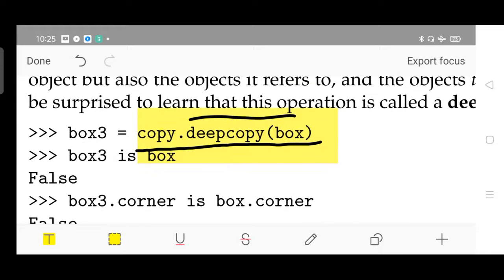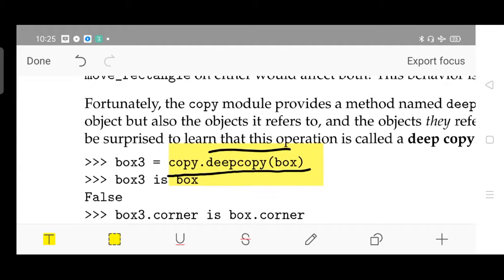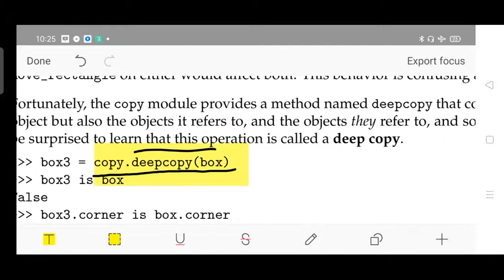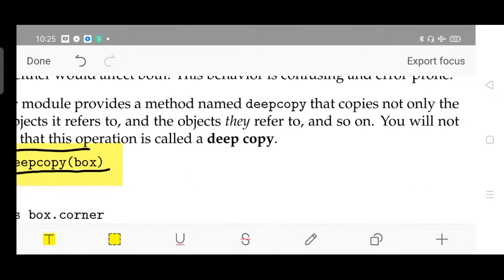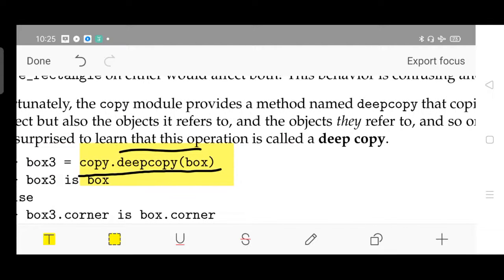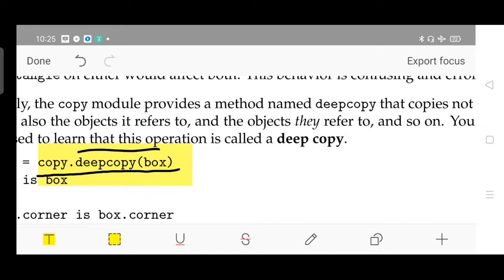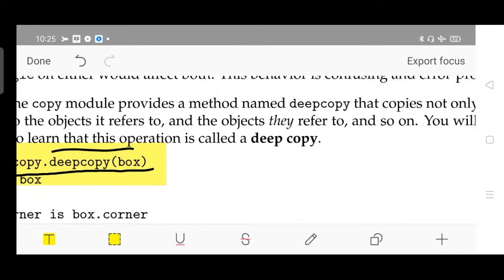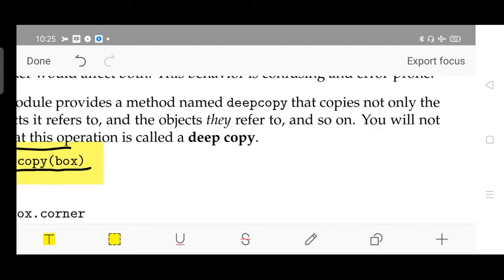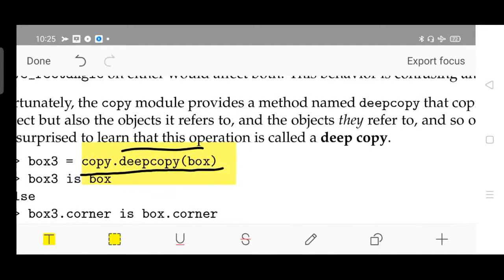The copy module provides a method named deepcopy that copies not only the object but also the objects it refers to, and the objects they refer to. That's what I said, the references, and so on. So you will not be surprised to learn that this operation is called deep copy.